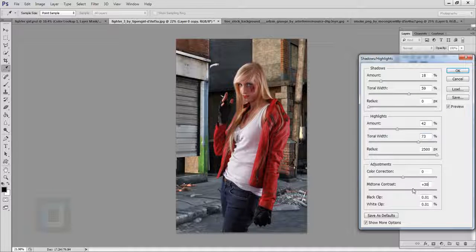I'm gonna increase my midtone contrast a little bit, not too much, and then increase the shadows a bit too, not too much. So play around until you get it decent enough, and then I'm gonna remove some colors because I don't want it to be extremely colorful, since you are going for a grungy look, and then adjust it a little bit